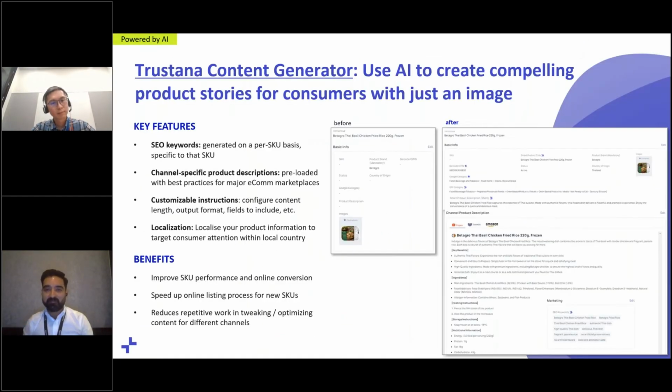Here's an example. Let's say I'm selling a packaged food item. On the left-hand side, you have a product name and an image. This is the before picture. There's not really any information about the product. The brand has given us information in PDF format and in an Excel format that's sitting on the back end. That's it. On the right-hand side, you can see within 60 seconds, we are able to generate a product listing